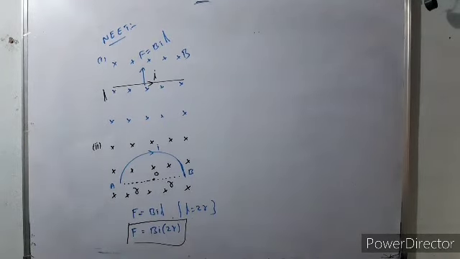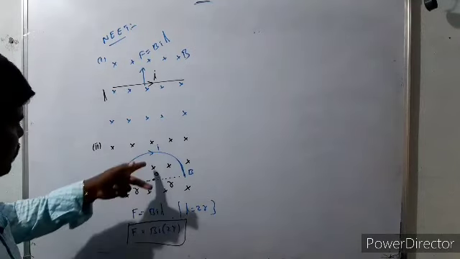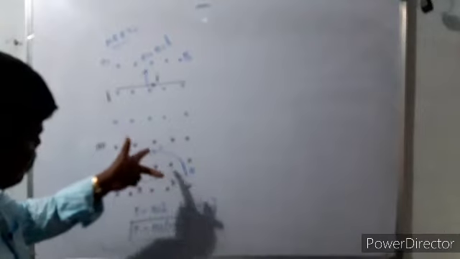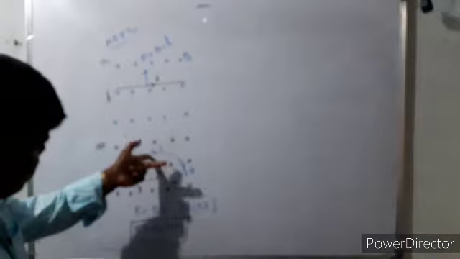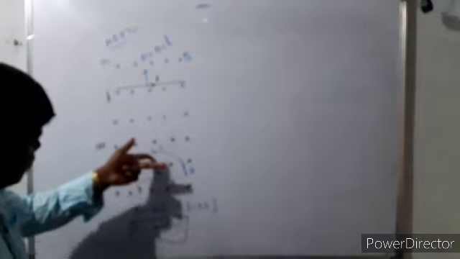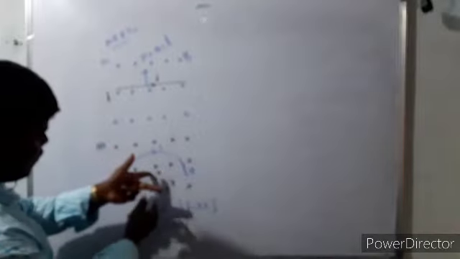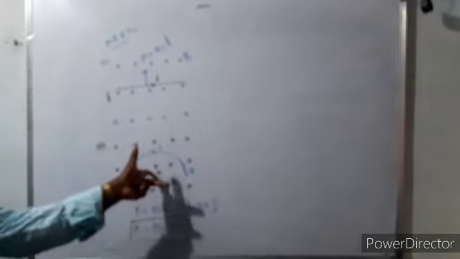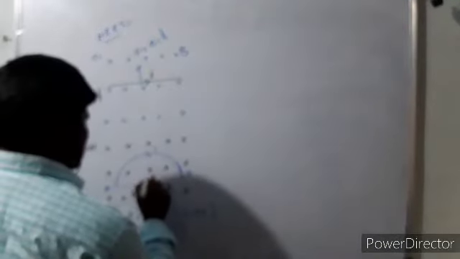The direction of the force is given by Fleming's left hand rule, the same as usual. Put the forefinger in the direction of the magnetic field, and the middle finger in the direction of current. Here the current is flowing from A to B, so the middle finger shows the direction of current. Now the force on the conductor is upwards, like this.